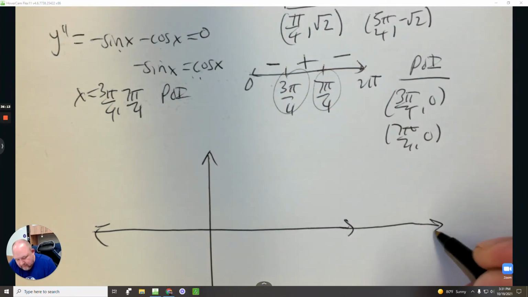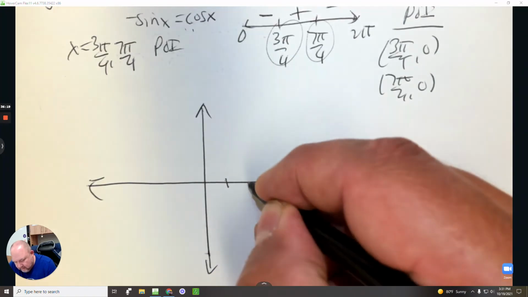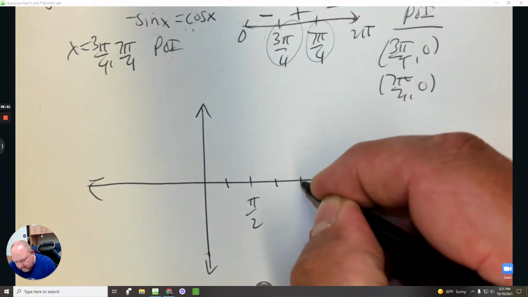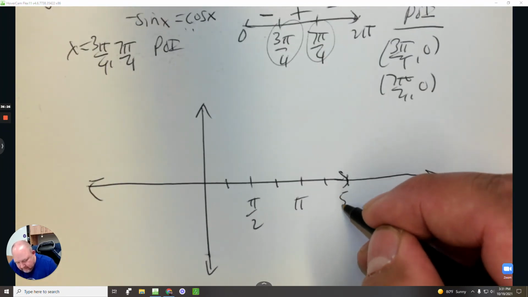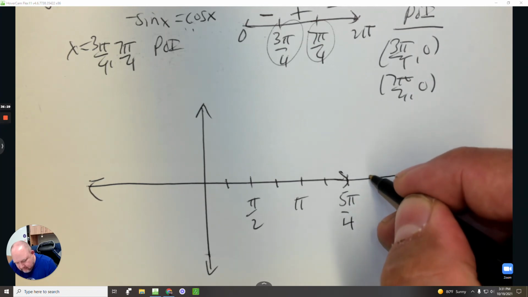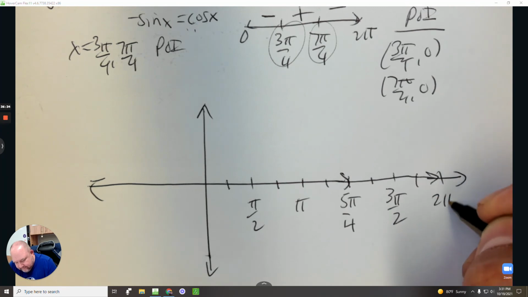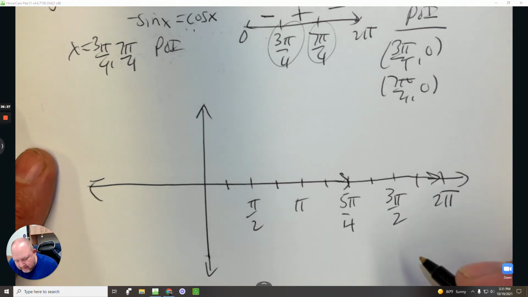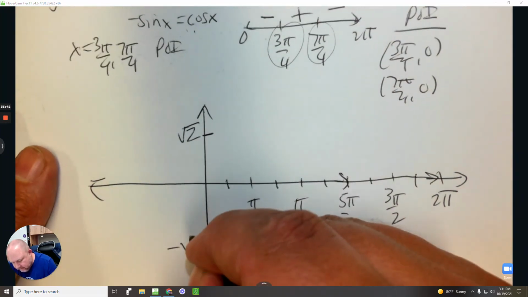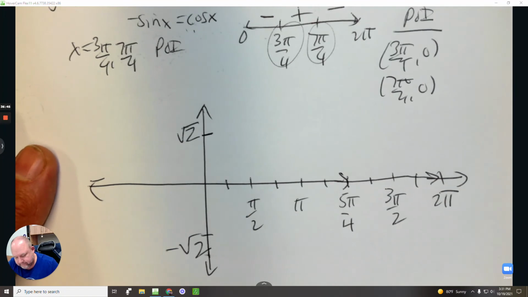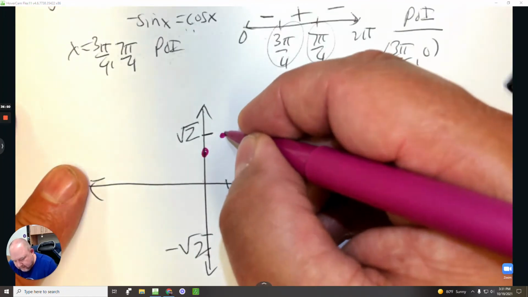Oh, I only need this part. So 0. I'm going to go 1 pi over 2, 1 pi, and then 1 and 5 pi over 4, and then 1 and 3 pi over 2, and then 1 and 2 pi. And it goes up. What's the maximum there? It goes up to root 2. It goes down to negative root 2. So it starts at 0, 1, goes up to root 2,